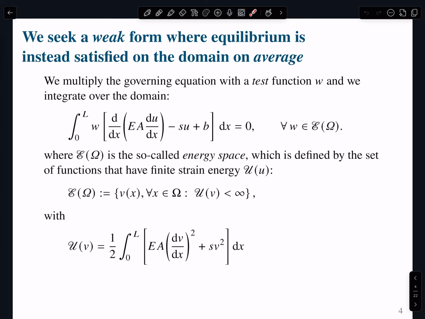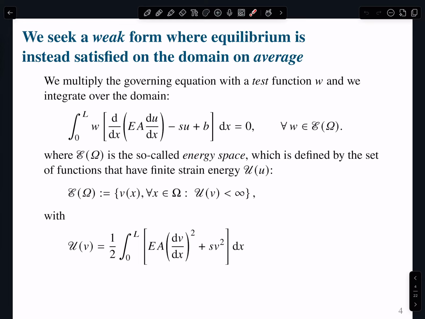And we're going to talk a little bit about that in a minute. But what I just outlined is the so-called method of weighted residuals, okay? So what we do again is we take our differential equation, we multiply by some test or weight function, integrate over the domain, and set that equal to 0. So what we're saying, in a way, is that this weight function and this differential equation are somehow orthogonal, right?